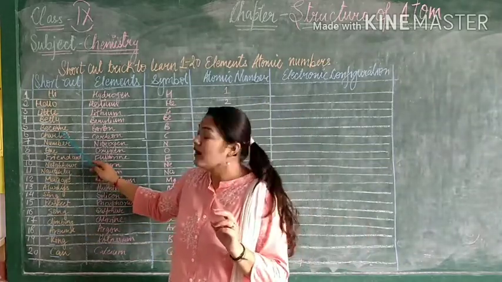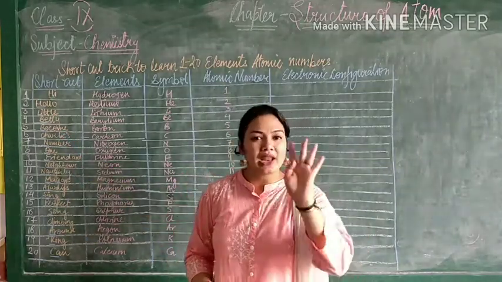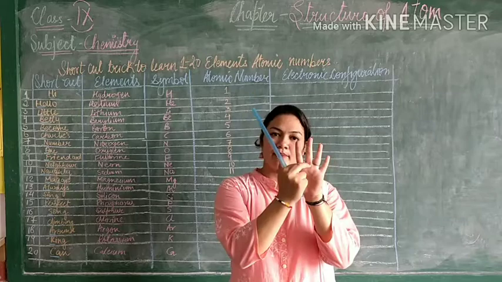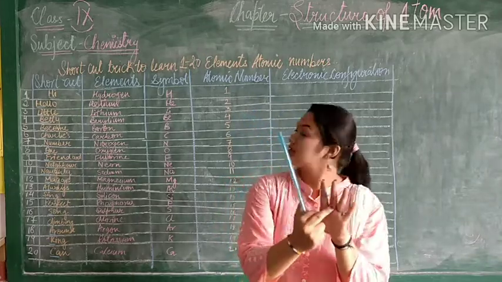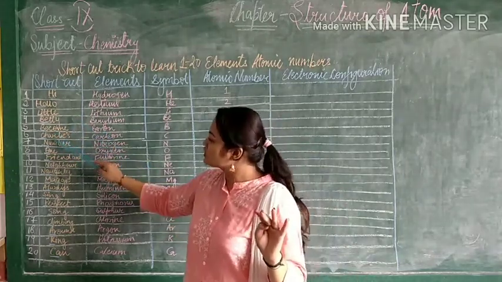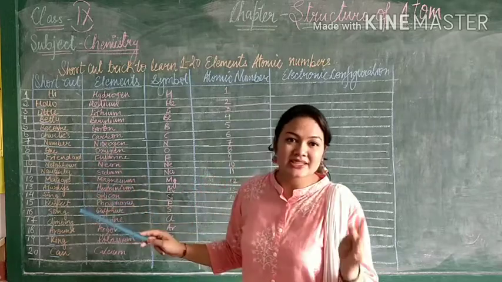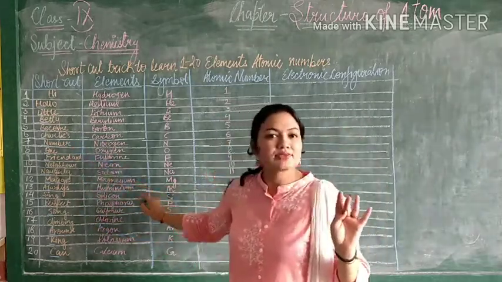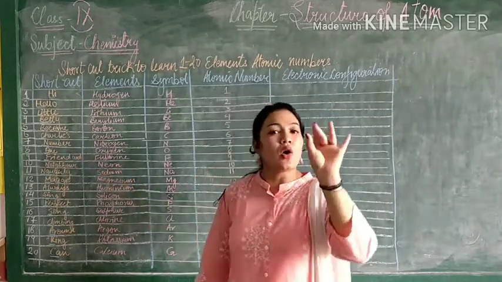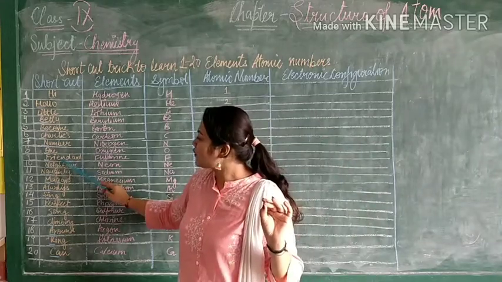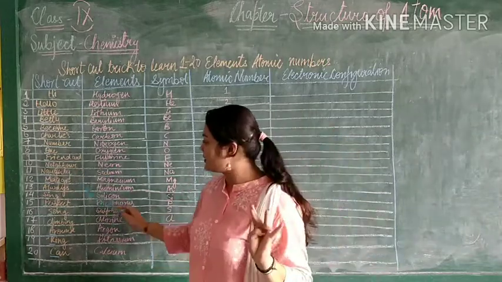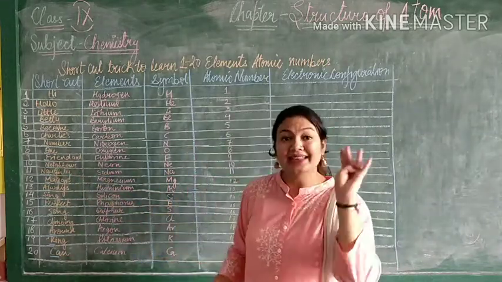Then become. For become, only B we will take. That is boron, and its atomic number is 5. See the counting: hi, hello, little, Betty, become. Then Charlie's is for C, that means carbon, which is 6. Then number is for nitrogen, that means 7. On the 7 count it is coming. 1 is for oxygen, O, that means 8. Then friend: F we will take, and that is fluorine, that means 9. Neighbor is Ne, that is neon, 10.